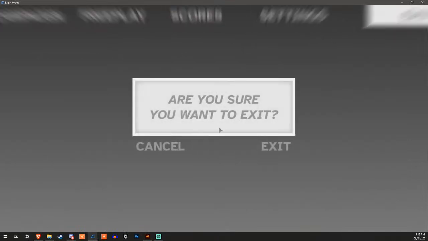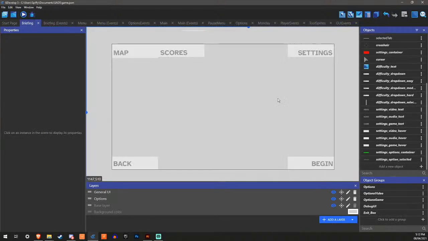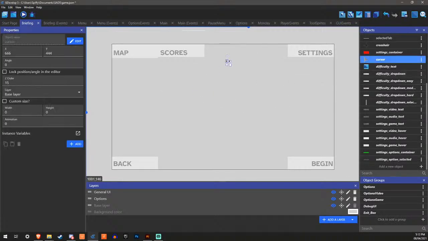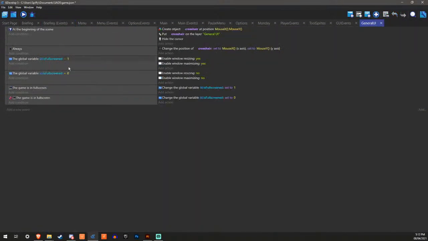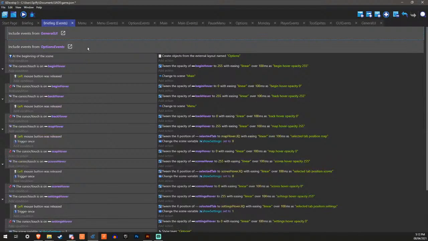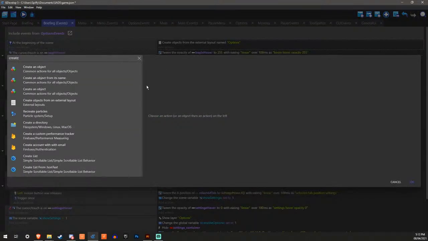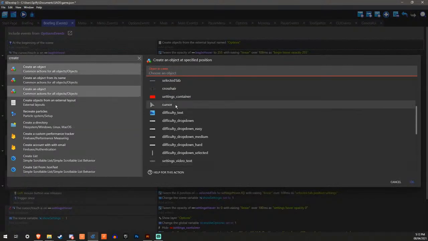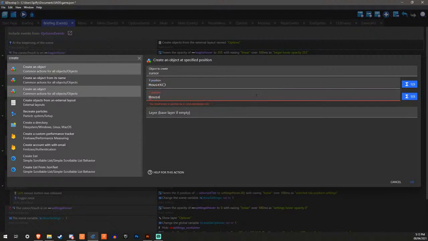Actually, something I do want to do is have the briefing thing, have the cursor. There you go, this thing. Actually, instead of that, you can just create it. So general UI, I think it's literally just that. We don't need that. So get out of here, general UI. I want to create an object. Cursor. Makes sense. That's why.